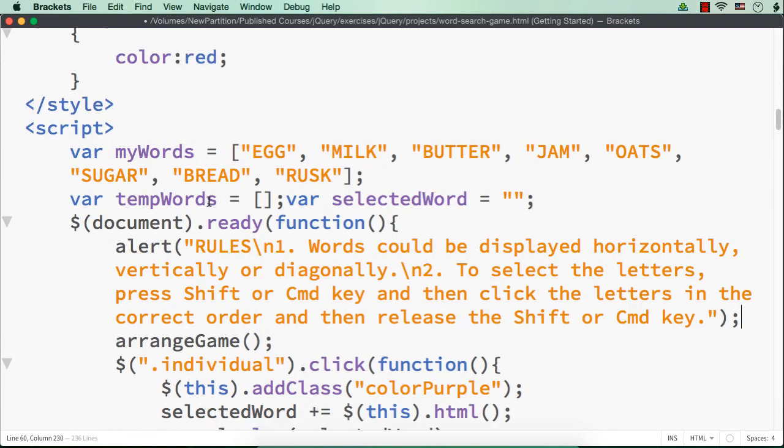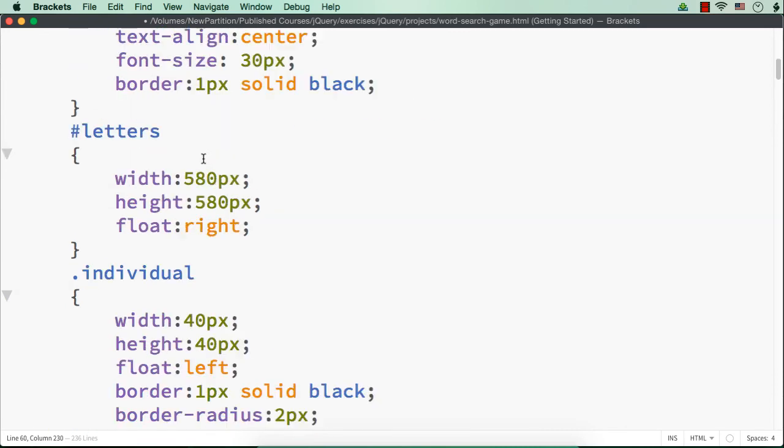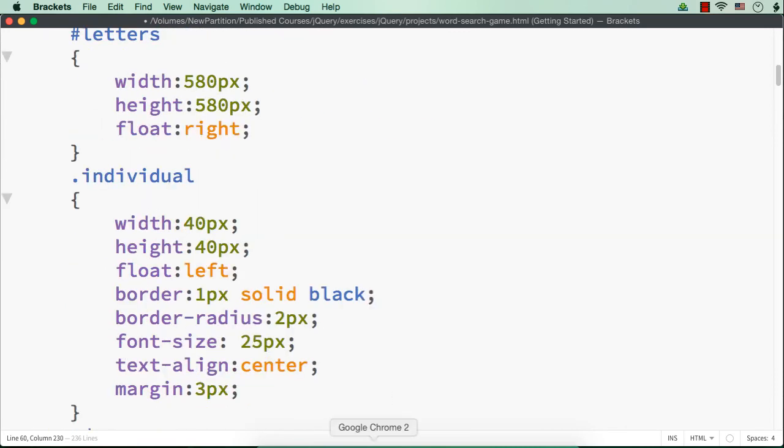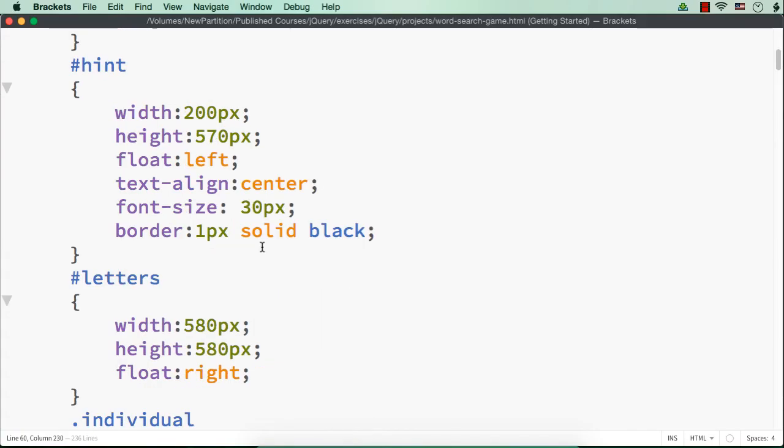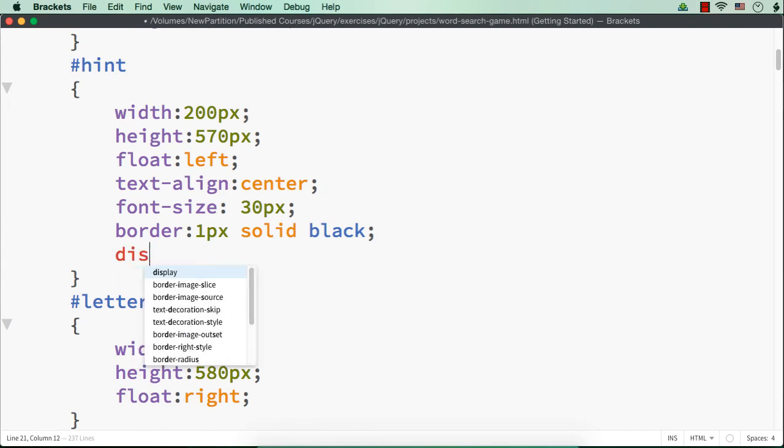So initially we will be having the hint div element displayed, right? That is, suppose I save this. See, we are seeing this element. Actually, this div element should not be there. Only once the player clicks this OK button, we should have this hint element as well. So initially what we can do for the hint element, we can specify display to be none.